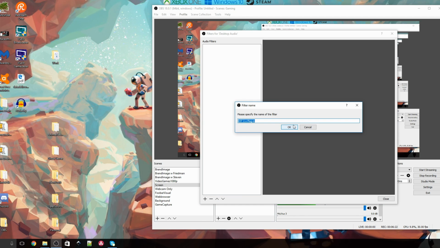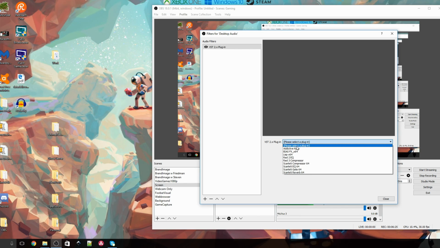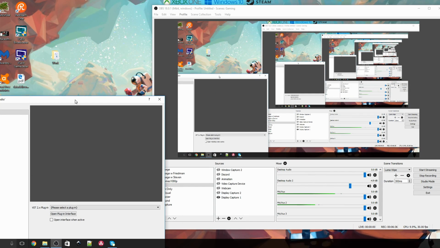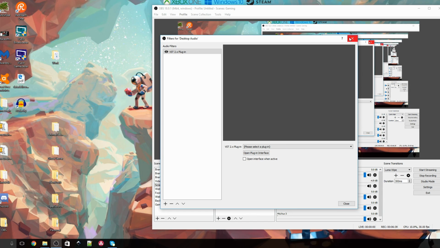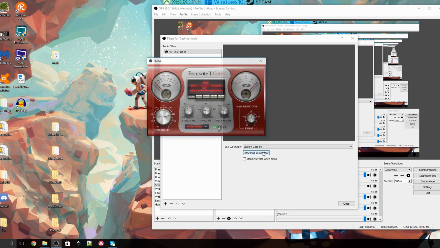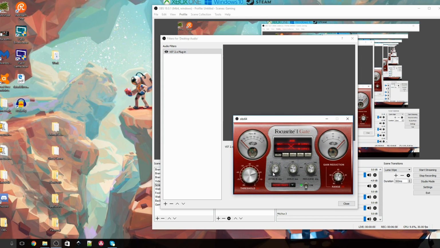But there are a number of things that do stuff a little bit better. So I might, for example, now I'm not really actually going to add a filter to anything serious that you can hear, because otherwise I'm going to mess things up. But for example, I might do first a gate, a basic gate,